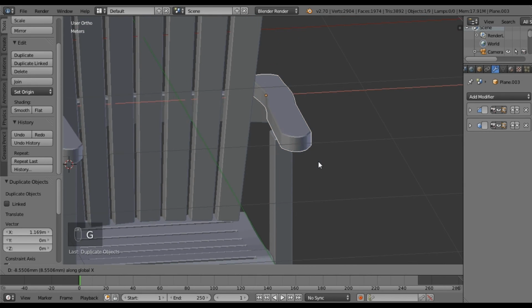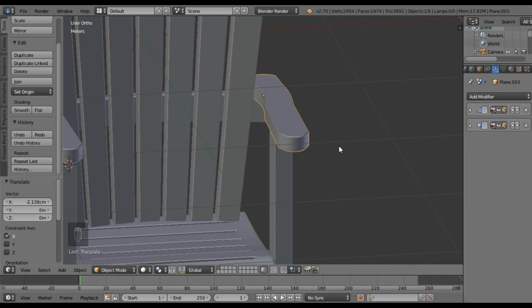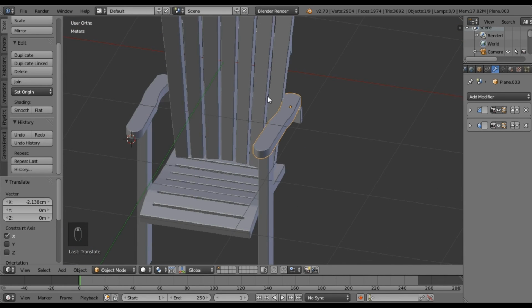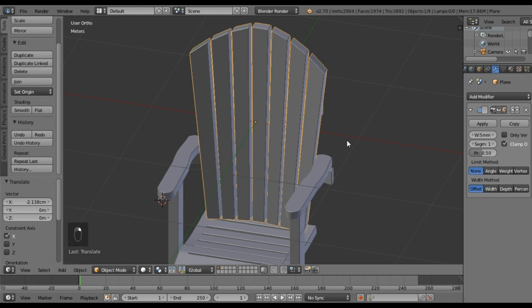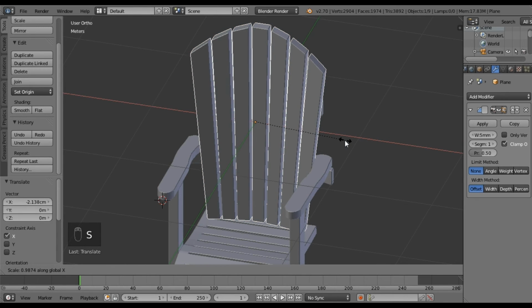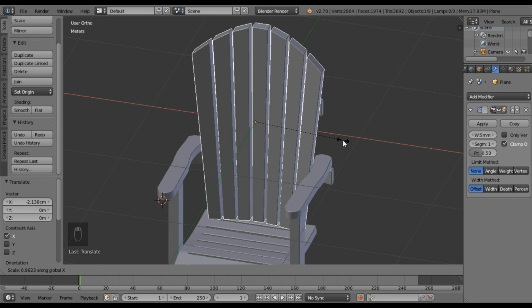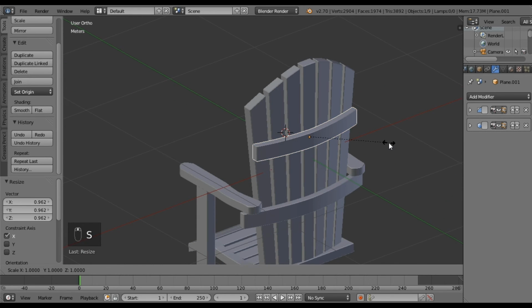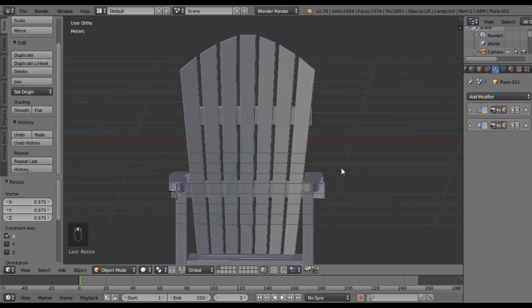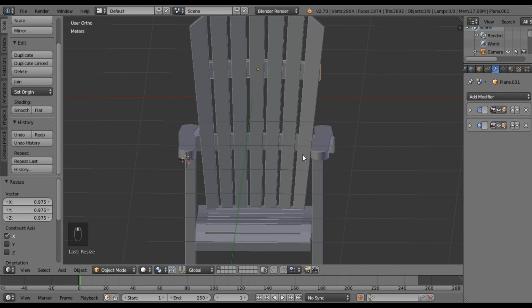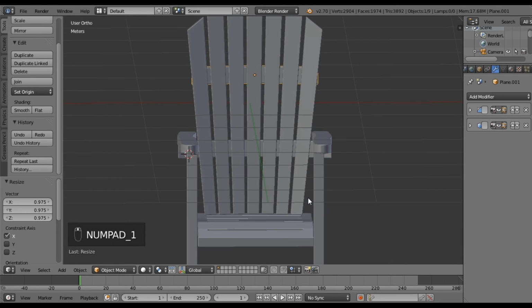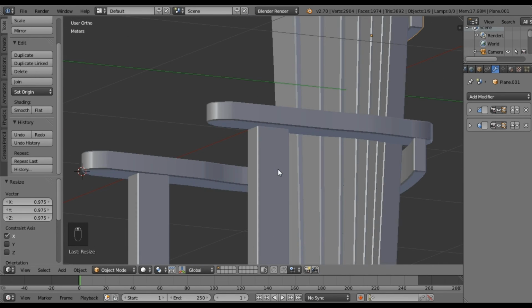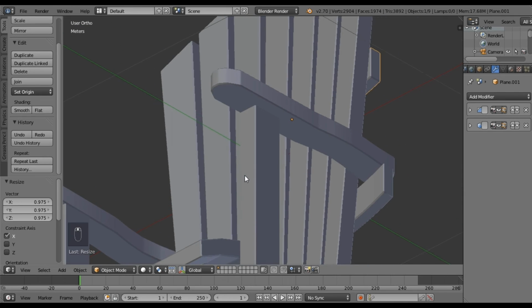So let's grab that on the X. Okay, I think I actually need to scale this in on the X a little bit. Right about there. And that's going to make me need to scale this in on the X a bit. And I think we're set. I think we're looking pretty good there. Yeah. Okay, so now that we have that,